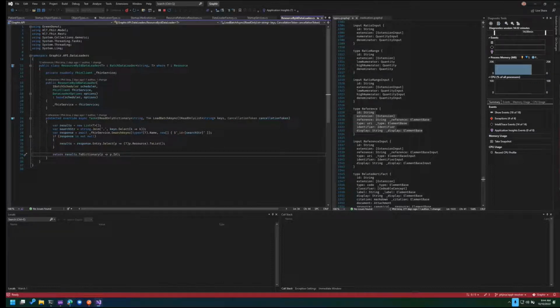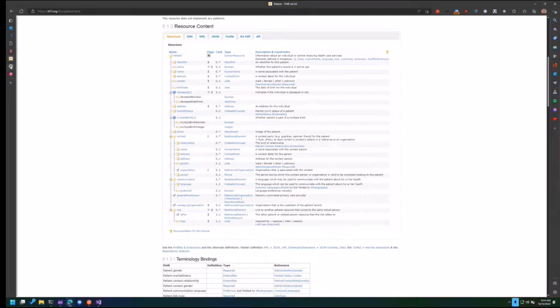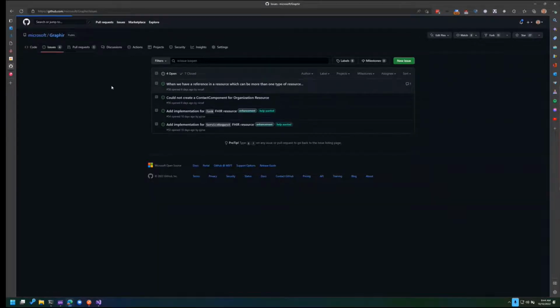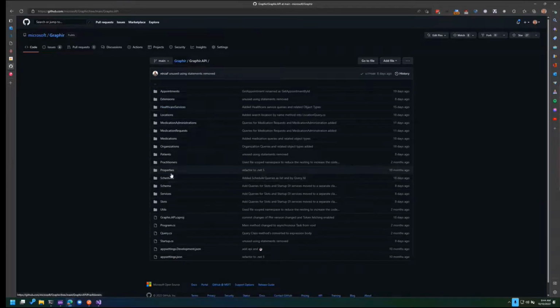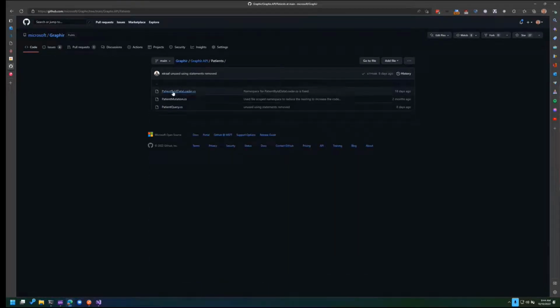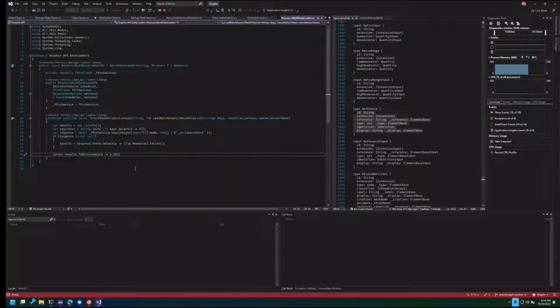So to get back to my earlier point, in the code base as it exists today, you have a bunch of folders of each resource type, and in each one you have a patient by ID data loader, practitioner by ID, et cetera, et cetera. I've completely done away with all of those now. There's only one implementation of resource by ID data loader that we can use generically for any type of resource, which makes it really easy now to add new resources in, because all you would have to do is basically come out here to the data factory,